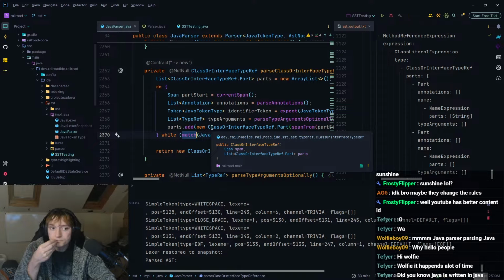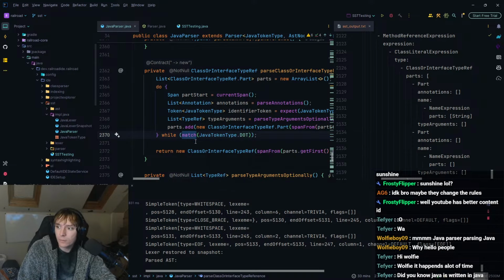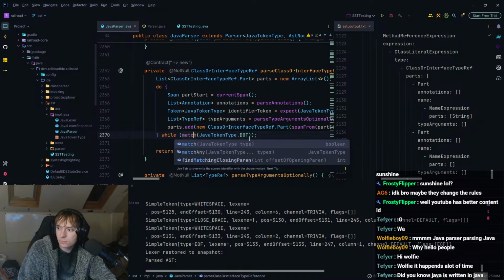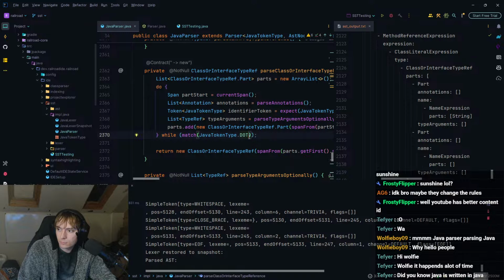So I need to know if it matches. Basically, I need to see if it matches a dot and not a class after.